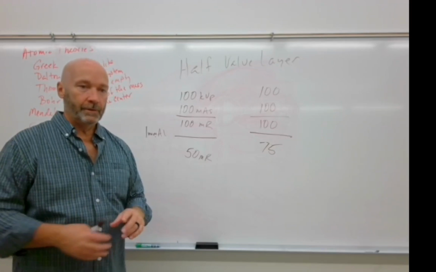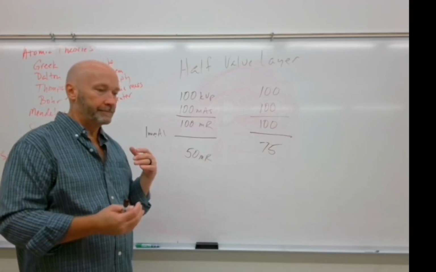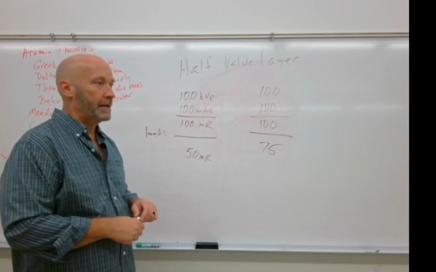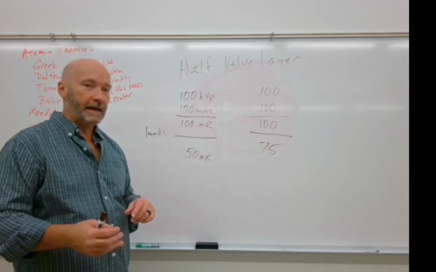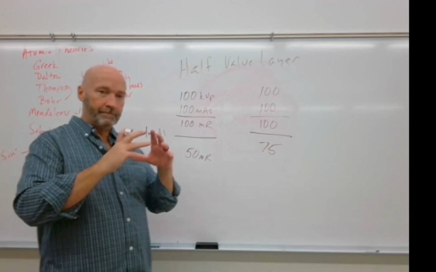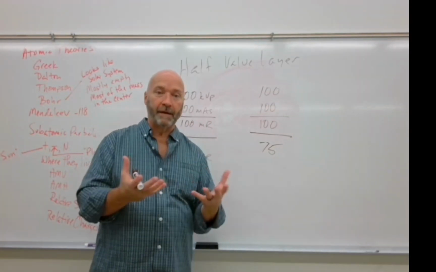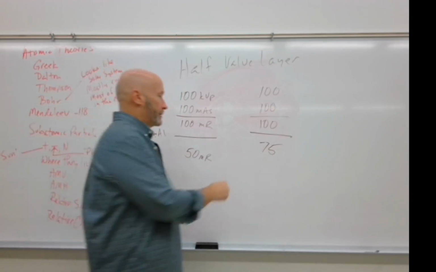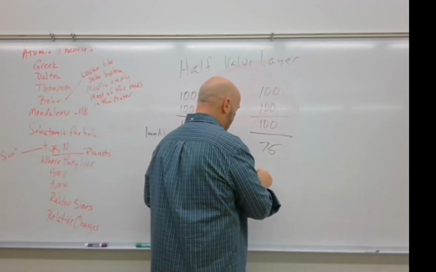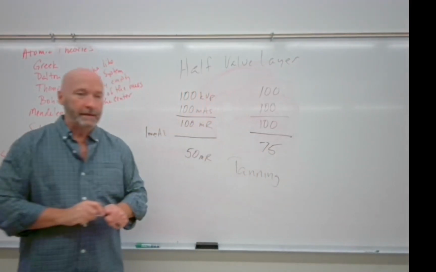Every year, somebody is going to come in and run quality control on our machines. What happens is that over time, the filament inside the X-ray tube will start to vaporize and coat the inside of the X-ray tube. That's what we refer to as tanning. And I mentioned tanning in class last week.